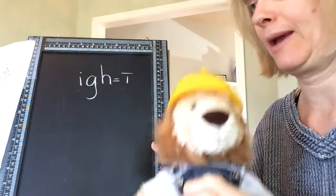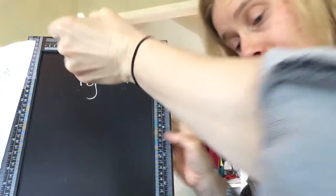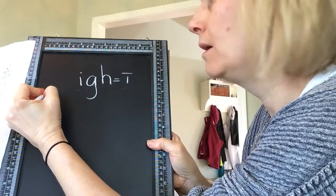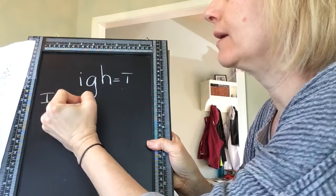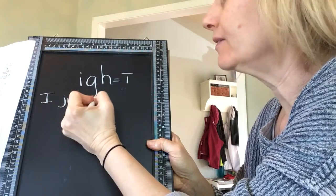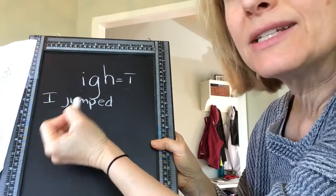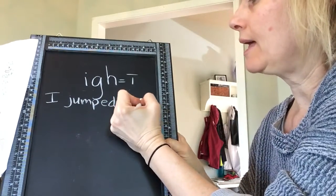So, on that note, we're going to look at a couple sentences. Okay, I'm going to move Rashid over here. Rashid, you sit there for a second. I'm going to write a sentence down, and we're going to try to read it. All right. You can read as I write. Hopefully you can see. Can you see? My darn being a lefty is such a pain. I jumped as...